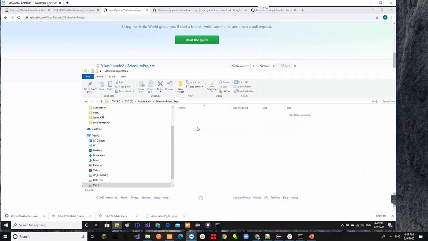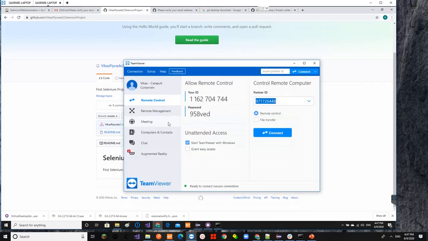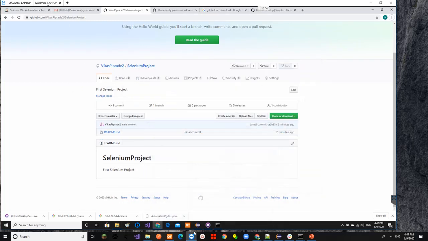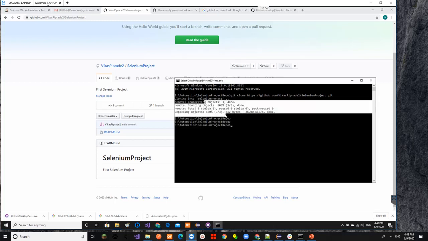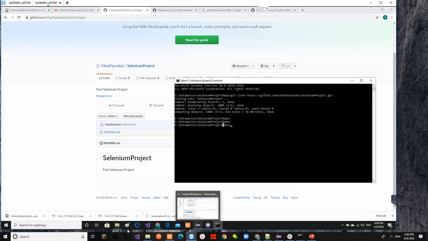This is my folder. Selenium project is the name of, just a minute. It's cloning, so it's showing all objects are pulled into local.